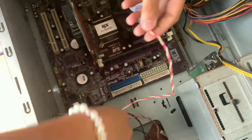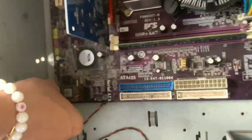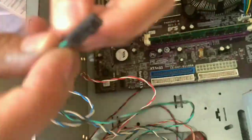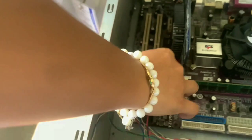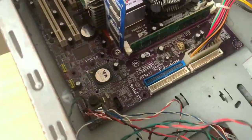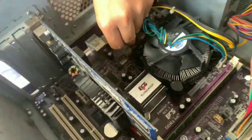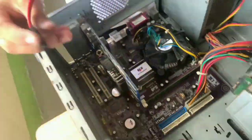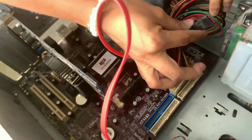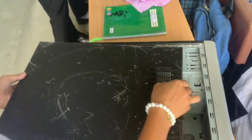After installing the power supply unit, we need to connect all the connectors. And the last step is to install